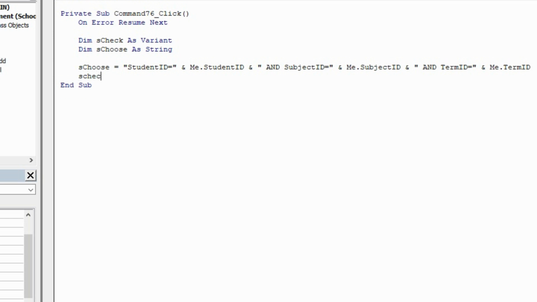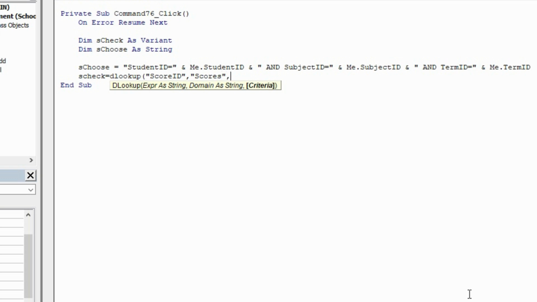So S check 2 is equal to the lookup of score ID from scores,